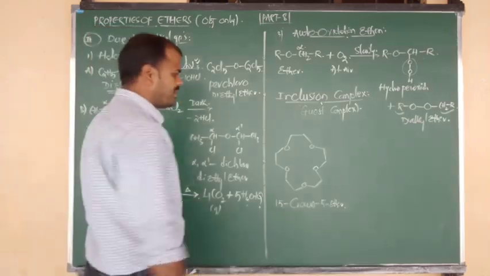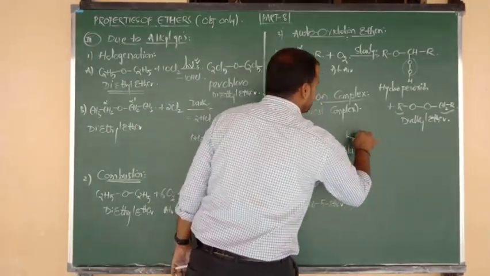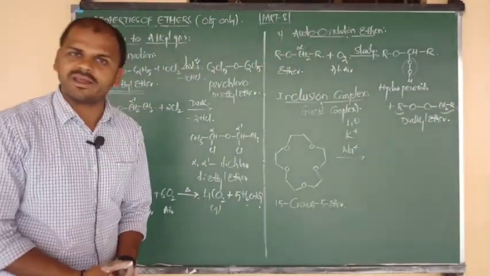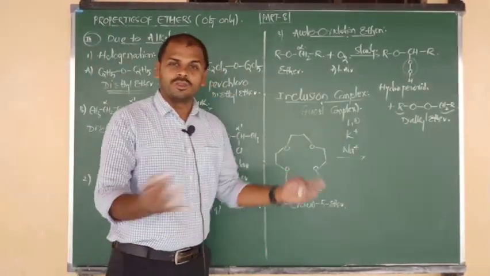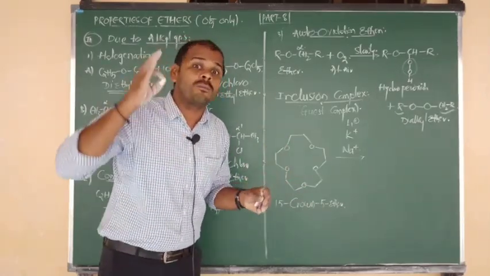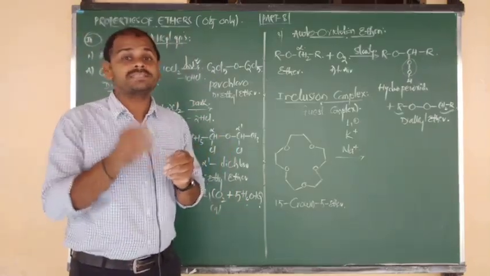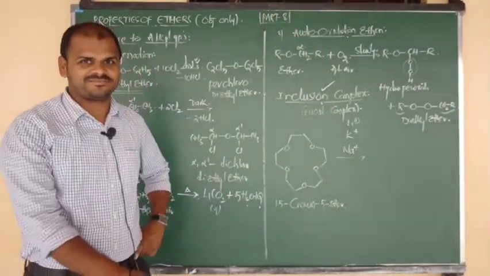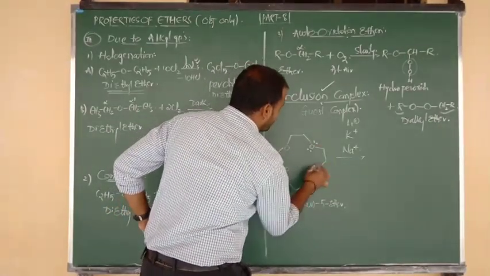Now it reacts with very active metals, like we can consider sodium, and also potassium. We have to react with the most active metals, because these are in deficiency and crown ethers are in excess. Between the two, again a coordinate covalent bond. So the coordination complexes which are formed by the ethers are nothing but etherates, and the coordination complexes which are formed by the crown ethers are nothing but inclusion complexes. Okay, good. Here every oxygen contains 2 lone pairs.